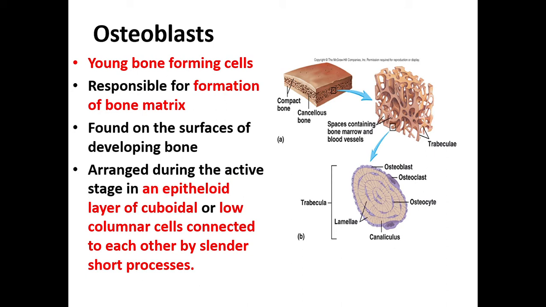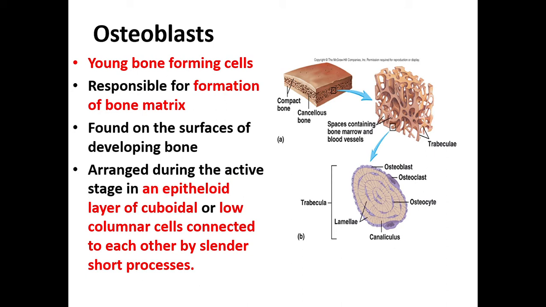Usually they are found on the surface of developing bone, especially in the epiphyseal part of long bone. The osteoblast appears as an epithelioid layer of cuboidal or low columnar cells connected to each other by slender, short